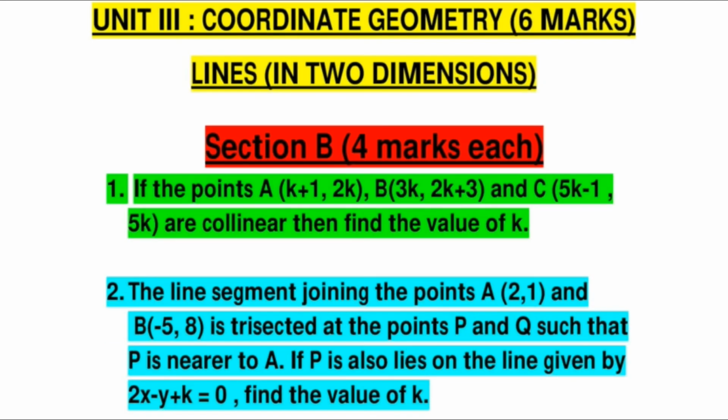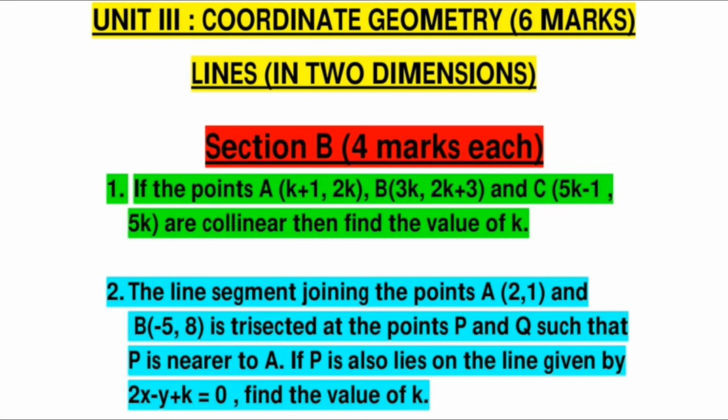Moving on to Section B, 4 marks questions. Question number 1: if the points A, B and C, whose coordinates are given in terms of K, are collinear, then find the value of K. When 3 points are called collinear, if the area of the triangle formed by the coordinates becomes 0, then the points are called collinear. So use the formula of area of triangle,